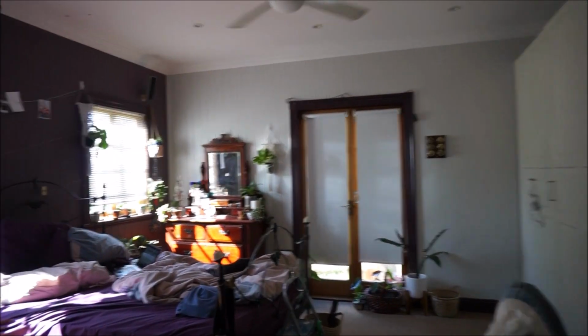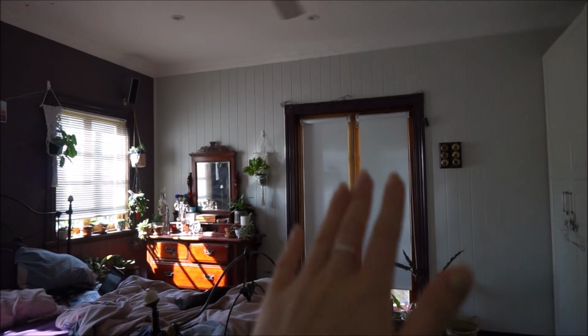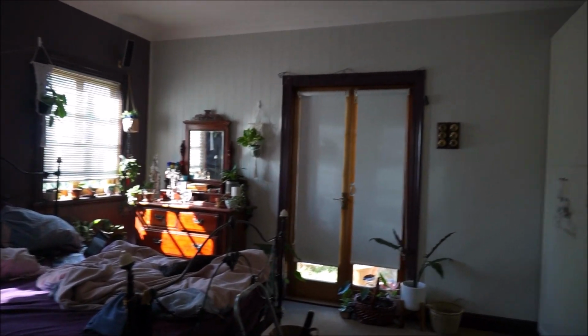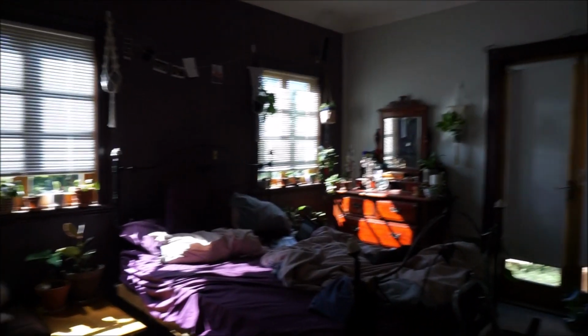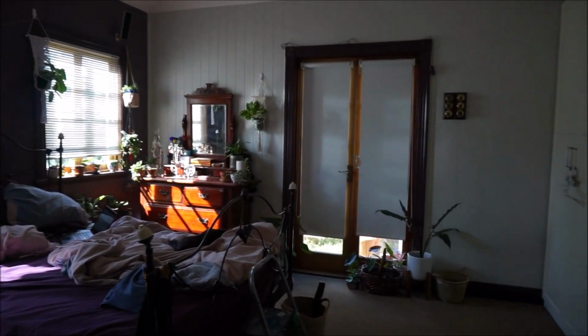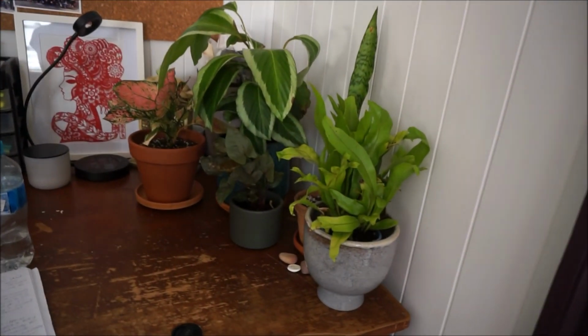Then moving on into my room, these are 2 east facing windows. That big double door there is south facing. Normally all my curtains and blinds are open, but in order to maintain some privacy I'm keeping them closed while I'm filming this. So moving over to my desk,